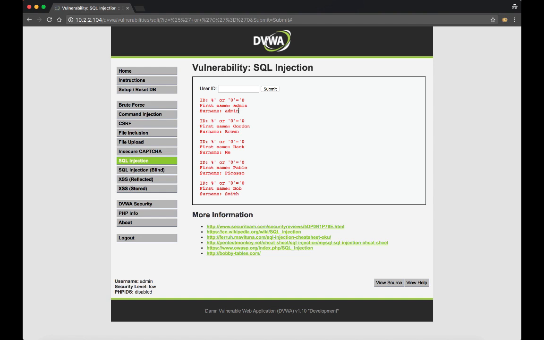Now, also take note that as we were manipulating these variables, the command appears up here in the address bar, right? We have URL encoding here, so that's when we see things like %25, %27, and these pluses, so it can actually exist in the URL bar, and that's important as well. But those change as we manipulate this. So we don't even have to actually interact with this form. We could just manipulate up here directly. But nonetheless, this is the example of the SQL injection vulnerability that I'm about to show you the packets for